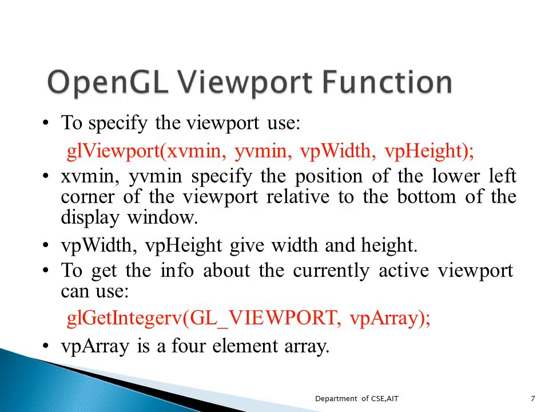So we will have a display window, and within the display window we will have the viewport. This xvmin and yvmin tell us where in the window the viewport will be located. The pixel width and height of the viewport are set with the parameters vpWidth and vpHeight. The coordinates for the upper right corner of the viewport are calculated for this transfer matrix in terms of the viewport's width and height. That means xvmax will be equal to xvmin plus vpWidth, and yvmax will be equal to yvmin plus vpHeight.